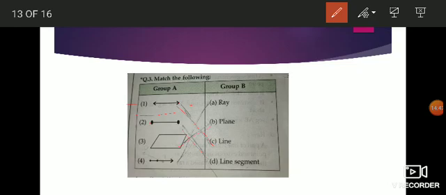And the fourth one, see, it has 1 end point and it extends on the other side, which means it is called a ray. Okay, now we will see the next question, and that is the last question of this practice set. See the figure here first. Here we will see how many lines there are in total: lines A, B, C, M, P and Q. So there are 6 lines, and one more full line, line AD.